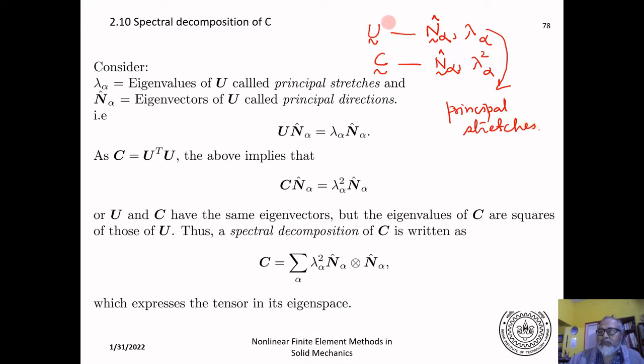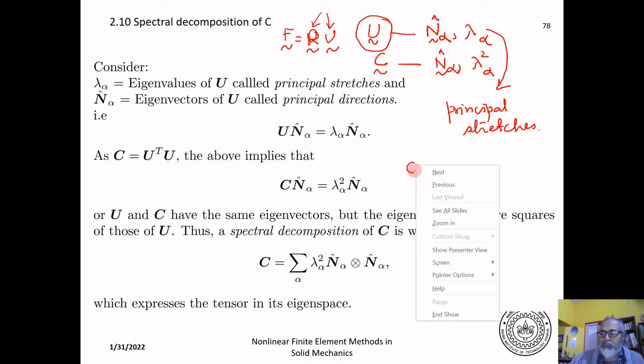Principal stretches because we have seen that when we split F into R times U, we actually split it into a pure rotation and a pure stretch. So these are called principal stretches. Lambda alpha are called principal stretches, and once you have found the eigenvalues and eigenvectors of U or C, then you can write the tensors, C for example, in its eigenspace as in